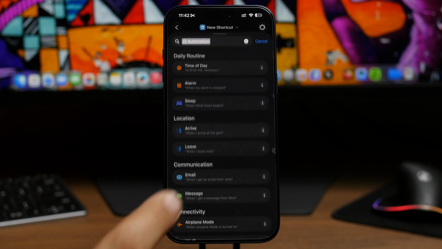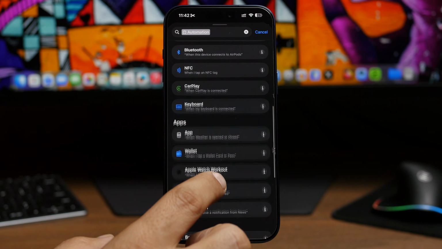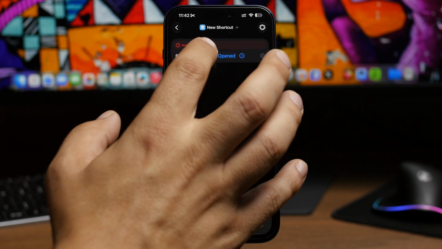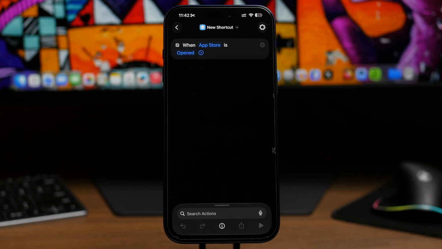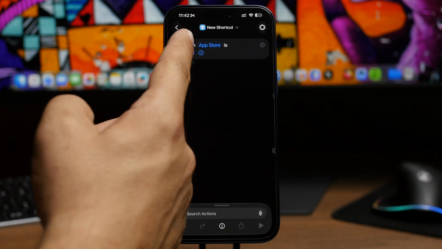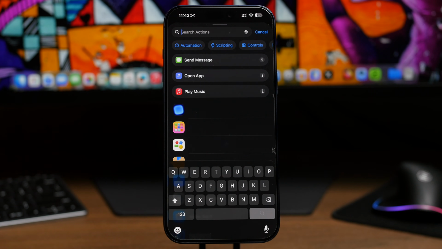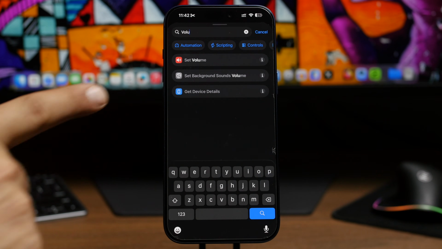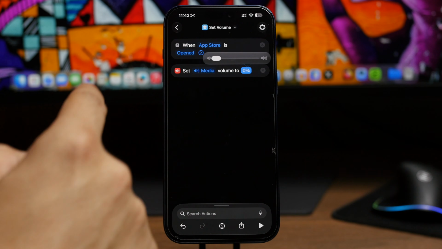So you go to automations, and all you have to do here is just search for app, where it says app, then here we have it right here. Now what you can do here is choose the app where you want to use this feature. So if I go with App Store in this case, I can go ahead and choose App Store. So it says when App Store is open, and then right here search for volume. So that we have set volume,